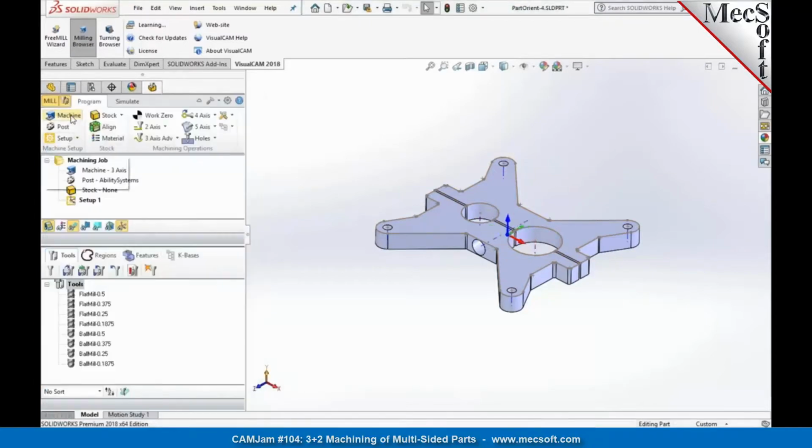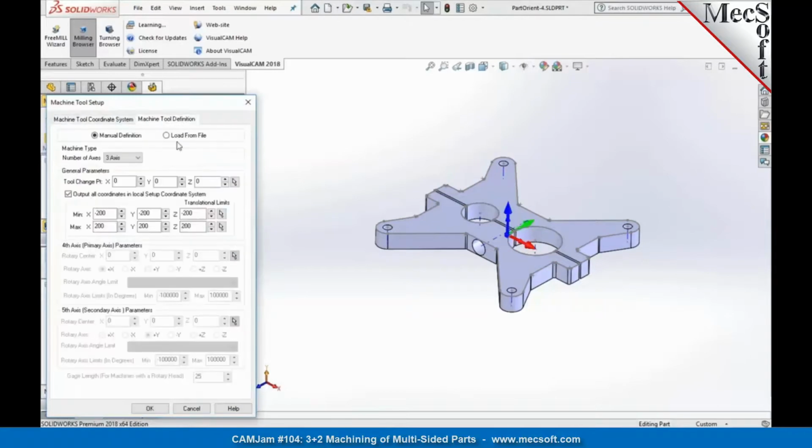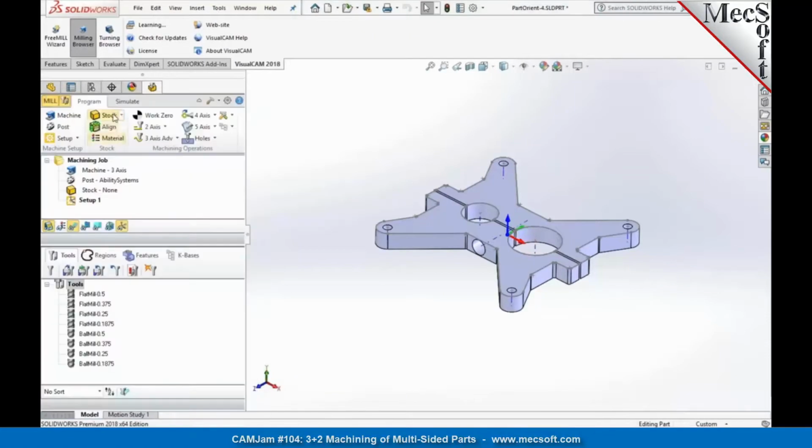So once you establish the machine tool coordinate system, you can then define your machine type, whether you're going to be programming this as a 3-axis, or you want to do it as an index 4-axis, or as a 3+2 with a 5-axis machine tool, so the workflow would remain the same. So we've established the orientation, and then we can define our